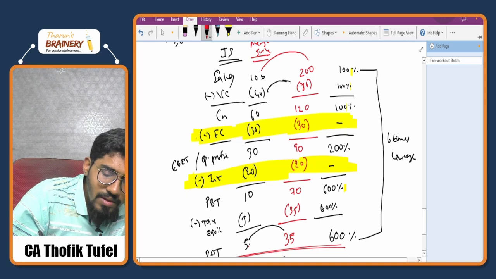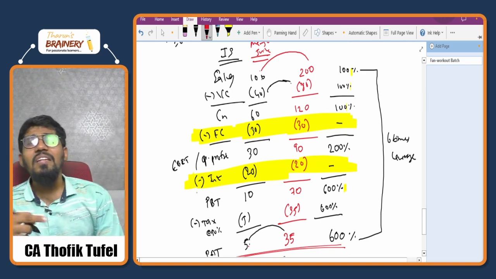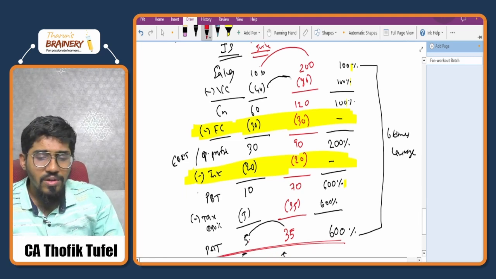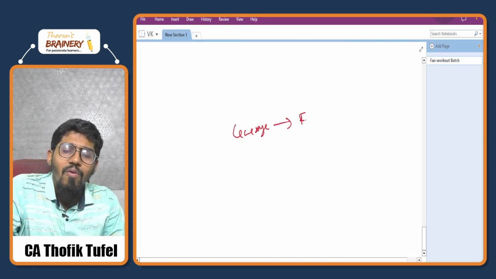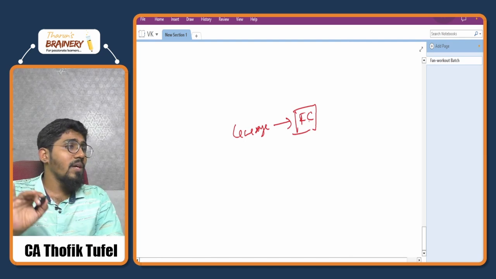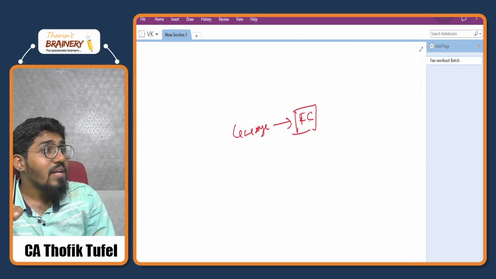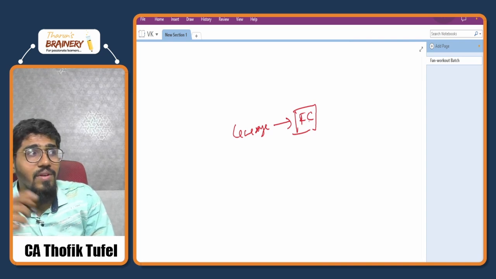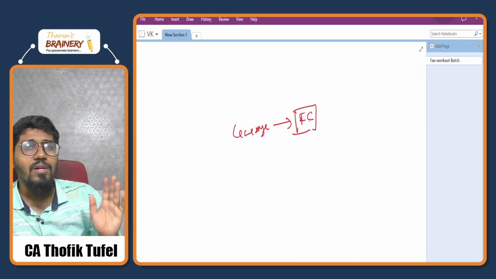Now this is a fixed cost. If you see very clearly, interest is also a fixed cost because interest is not moving with sales. So then you know the leverage. The leverage is happening because of fixed cost. So you're finding the reason part. Fixed cost is the hero of this chapter. No fixed cost, no leverage. Less fixed cost, less leverage. More fixed cost, more leverage. Leverage is happening because of fixed cost.